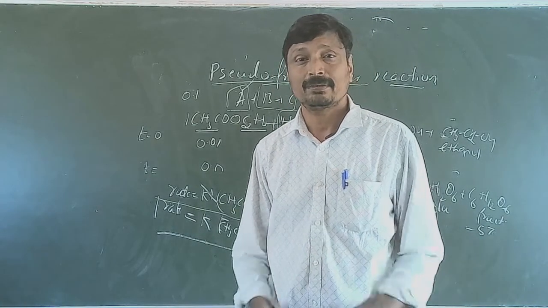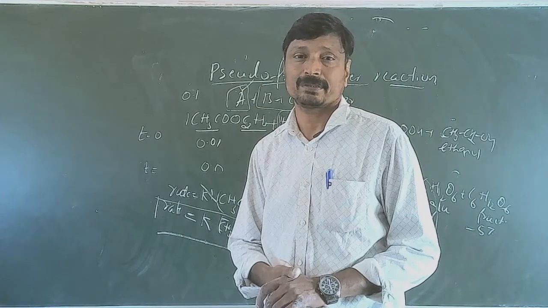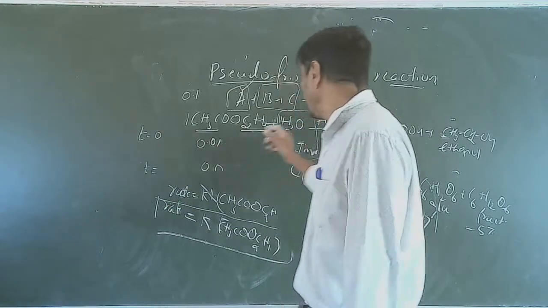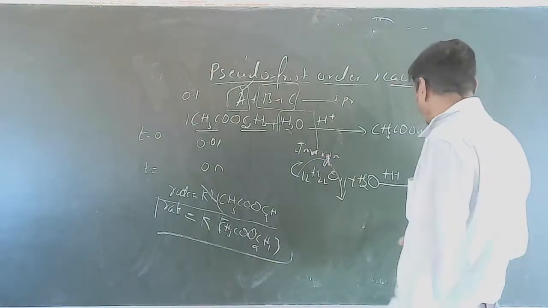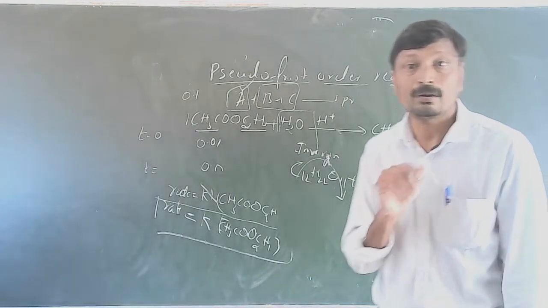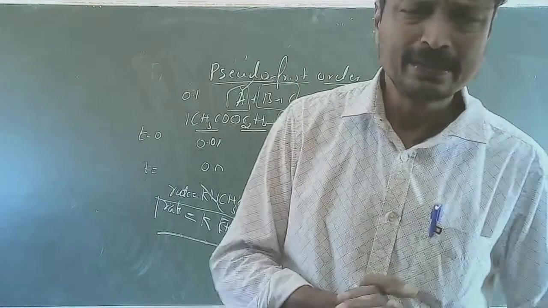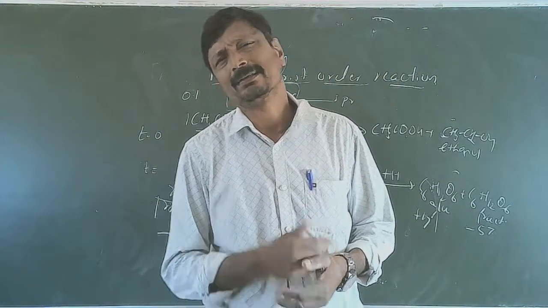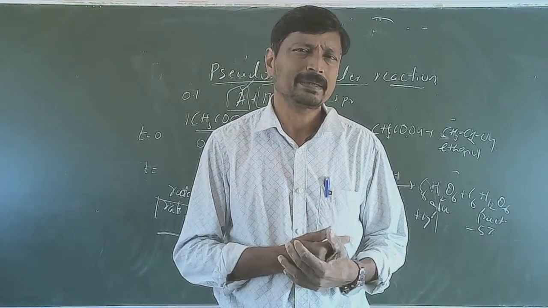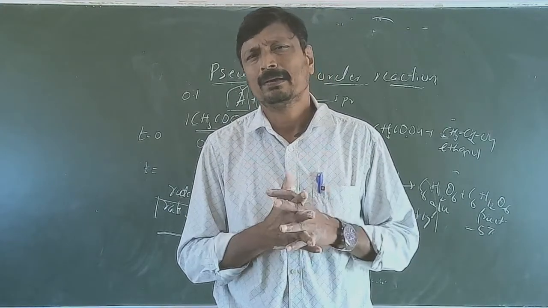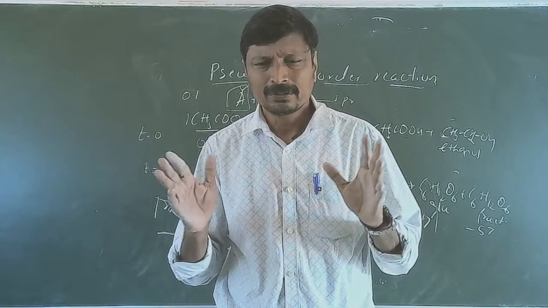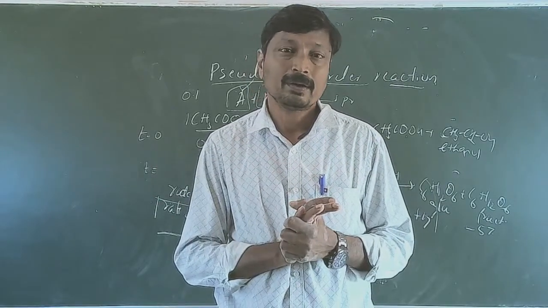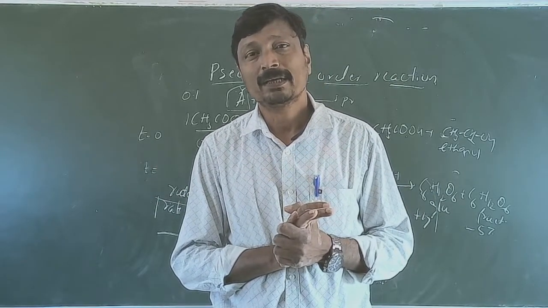Such a reaction is called a pseudo first order reaction. See, acid hydrolysis of ethyl acetate or inversion of cane sugar. You have to remember all of these. Okay? This is the concentration effect. Then the temperature effect and catalyst effect are there. It's small, one period is sufficient for that. So mainly this is how the concentration affects the rate of the reaction.